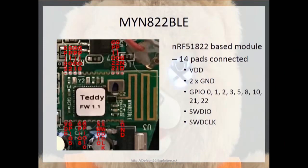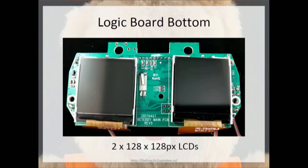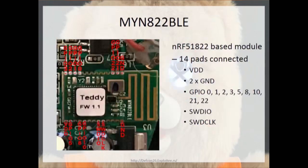And then on that previous picture, we'll go 2 slides back, you can see that on the right side there is a module that says Teddy Firmware 1.1. That module is an MYN822BLE module, which is essentially just a module for the Nordic NRF51822 chip. So here is the diagram for interfacing with its SWD port and also all the different GPIO pins that are